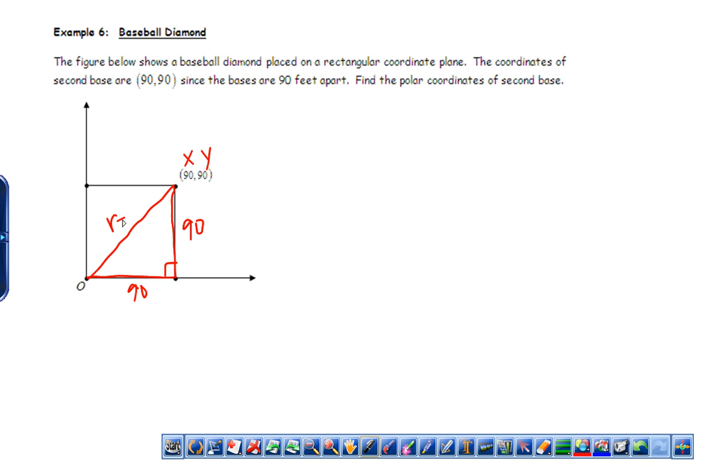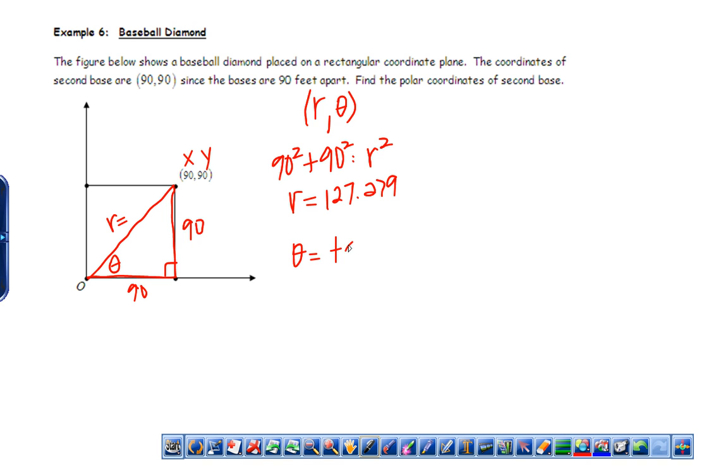We need to find r and we need to find our theta, just like we've been doing. So you need to do Pythagorean and find this. You're going to have to do it in your calculator. It is a rounded number. So 90 squared plus 90 squared is equal to r squared. I found r to be about 127.279. In order to find theta, remember theta is equal to arctan of 90